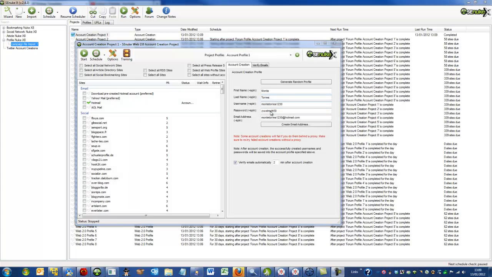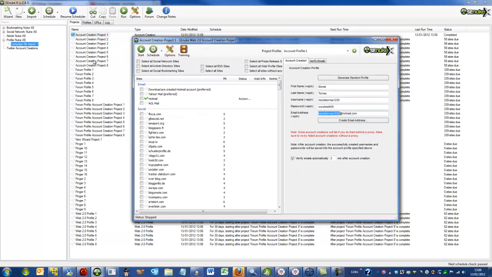Okay, so that's been created successfully. You can see there that the beginning part of the email address corresponds to its username, so that's how you know it's been done. Now, because these account creation projects correspond to the accounts in these Web2 profile modules, what we now need to do is select this option here, select all web profile sites,